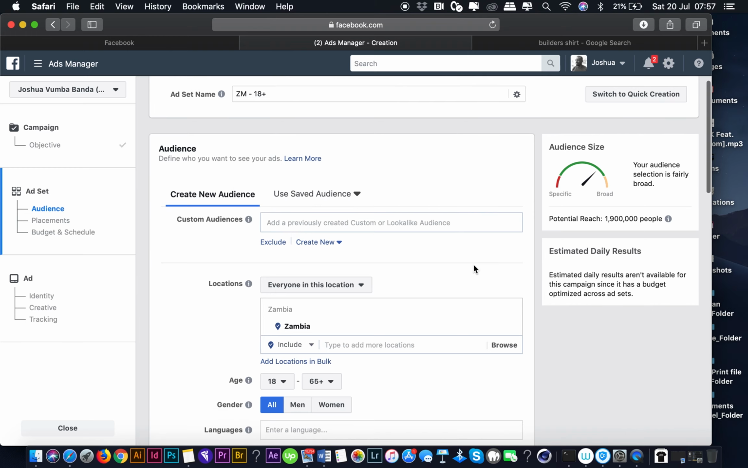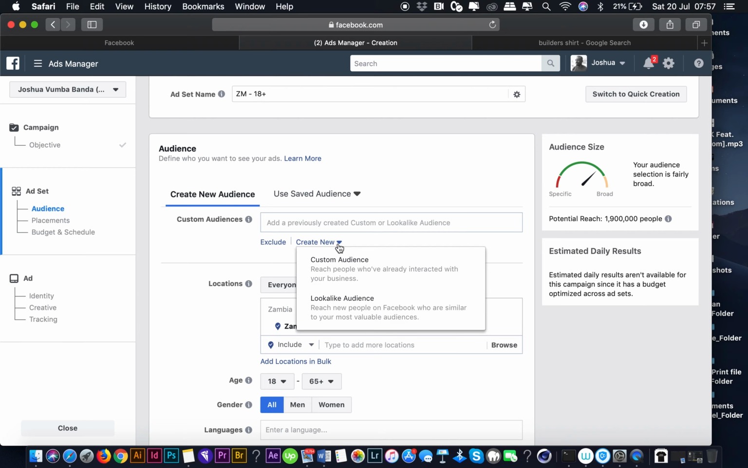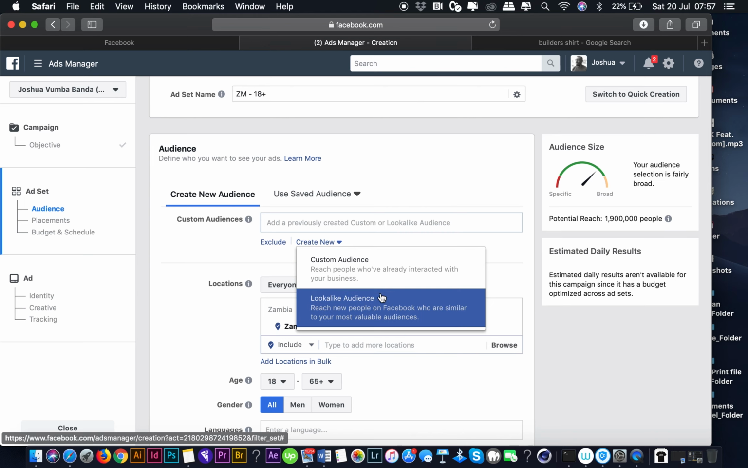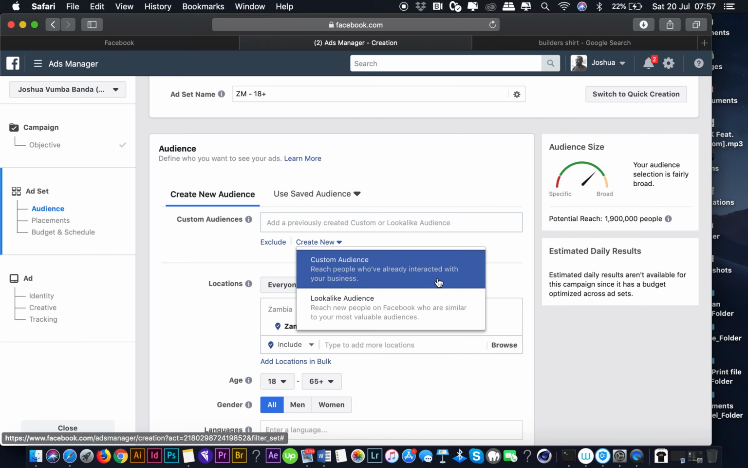Okay, so it brings us to our audiences now. This is where the magic happens. So it says create new audience. Since we don't have, okay, just go to,